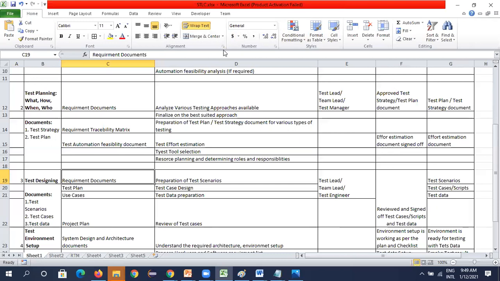Yes, we just finished test planning and we understood. We are about to start test designing. I said that I'm explaining test designing, that we need to prepare test scenarios, test cases, test data, documents, and I was explaining the entry criteria. By mistake, I was explaining the test planning entry criteria for test designing.